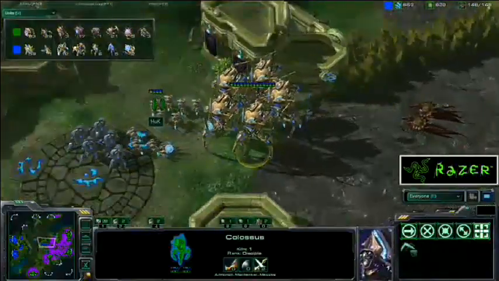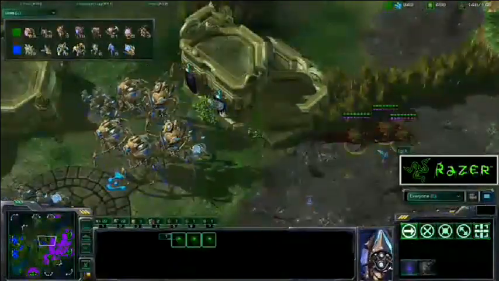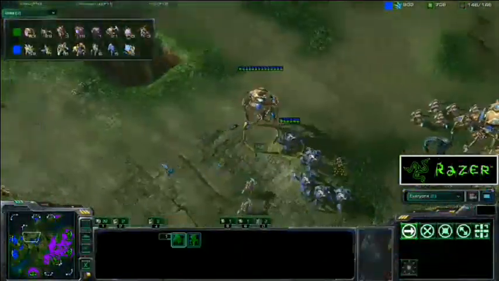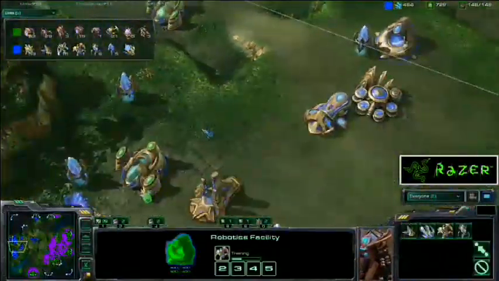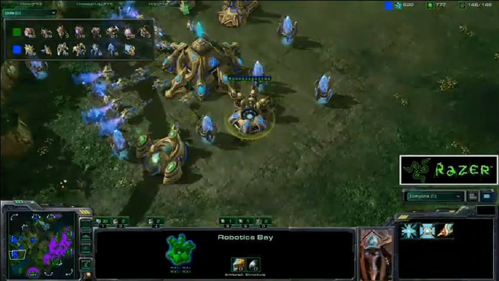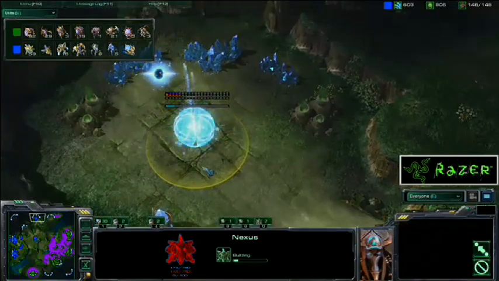They are target firing. These Corruptors do absurd damage to massive units, as you can see. As now you can see 20 damage per shot, and they have a pretty fast fire rate. So more Immortals popping out for HuK. He does have the +2 upgrade, and still no range. Oh, brutal. And HuK weirdly taking